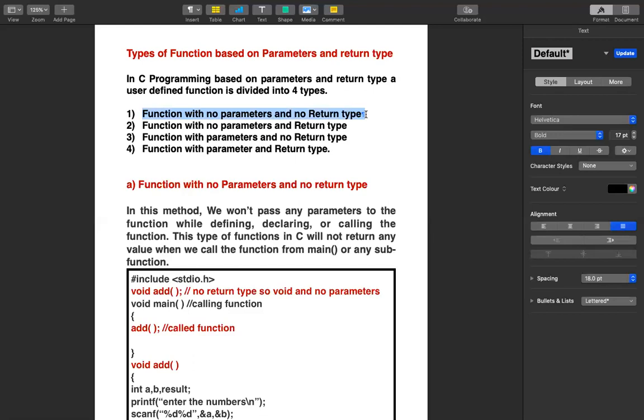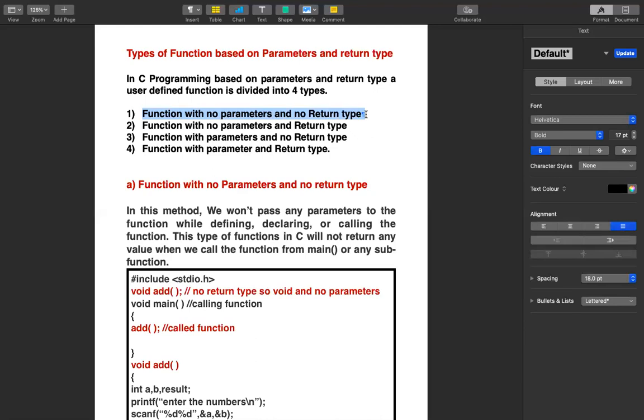As the name itself suggests, this function is not going to take any parameters and doesn't have a return type. If you recall the session where we discussed function declaration, the return type means what the function, after performing the task, is going to return back to the calling function. When you move from the calling function to the actual function, the actual function performs a certain task.